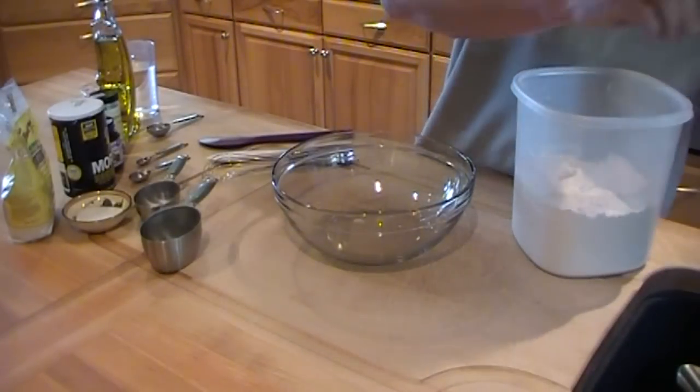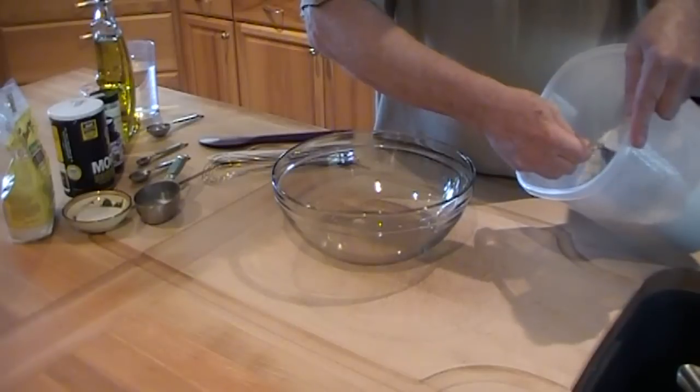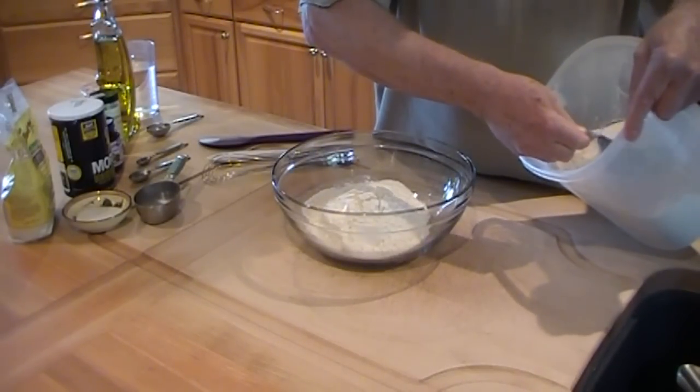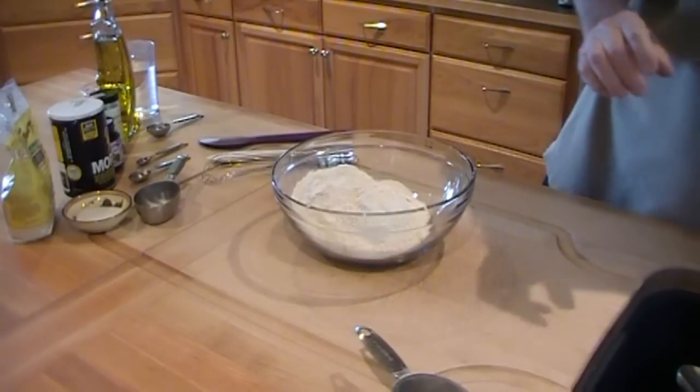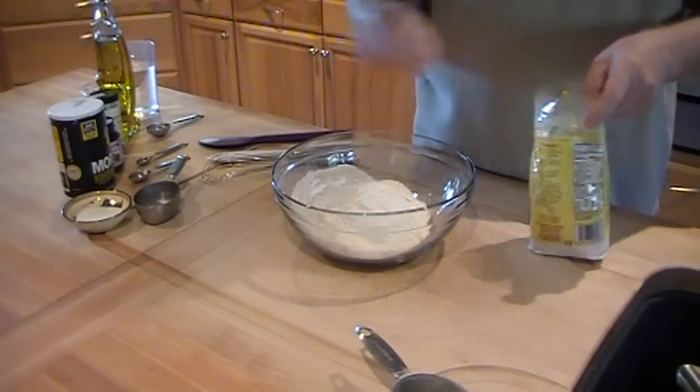I'm going to start with the dry ingredients. 2 cups bread flour. I use the scoop and shake method for measuring my flour. This recipe is very forgiving, and you don't have to be exact. 1 cup rye flour,